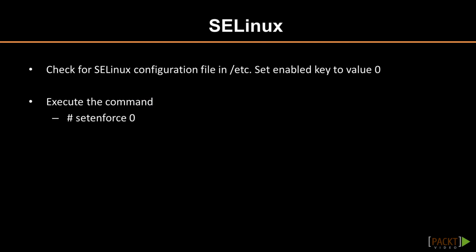The version of CentOS we are using does not have SELinux installed, so you will not have to do anything there. However, if you do suspect that SELinux is installed, make sure you turn it off. The way to turn off SELinux varies by distribution: check the /etc directory for the SELinux configuration file and/or execute the setenforce 0